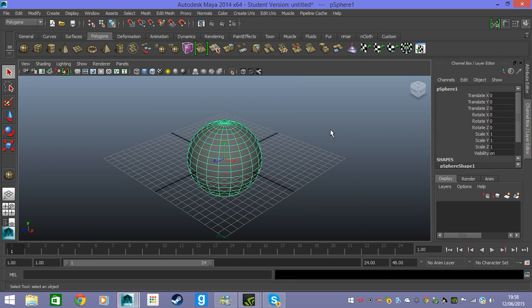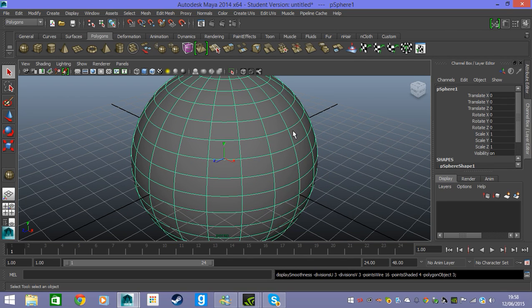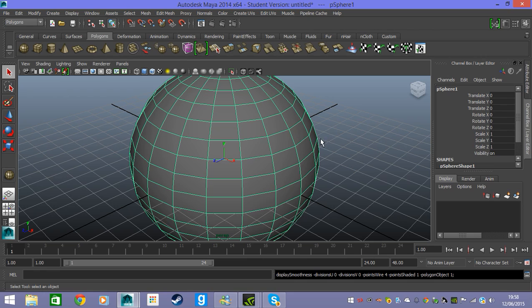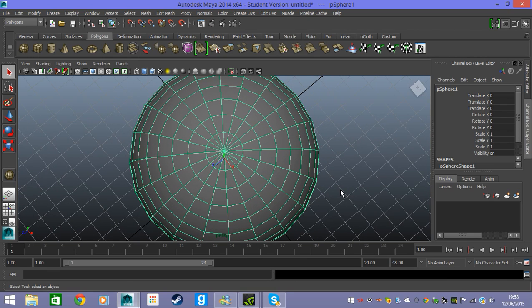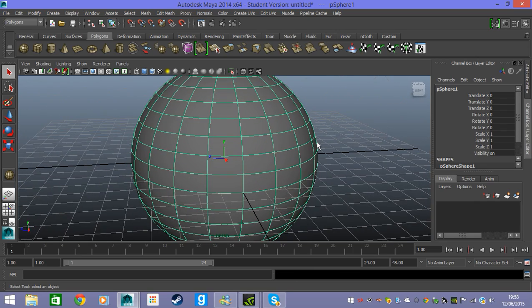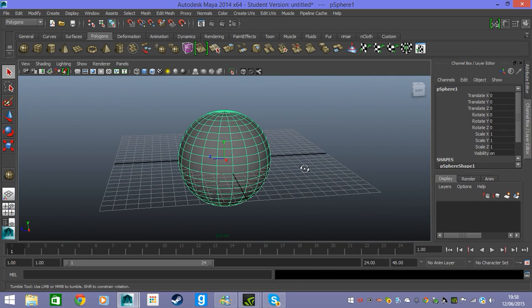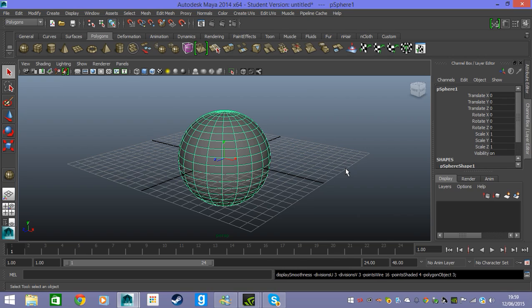Now to make it look smooth, I'm going to hit 3 on my keyboard, and you can see, if we zoom in, instead of being sort of more jagged, it smooths it out. So we're just going to leave it on smooth for now, keep having pressed button 3 on our keyboard,